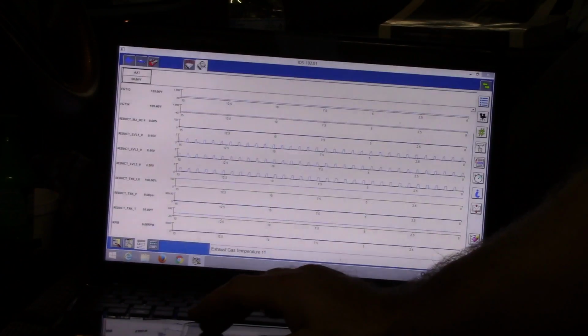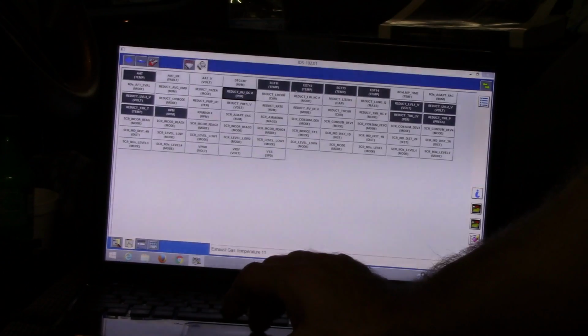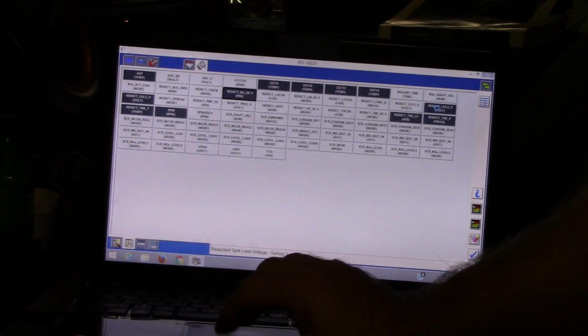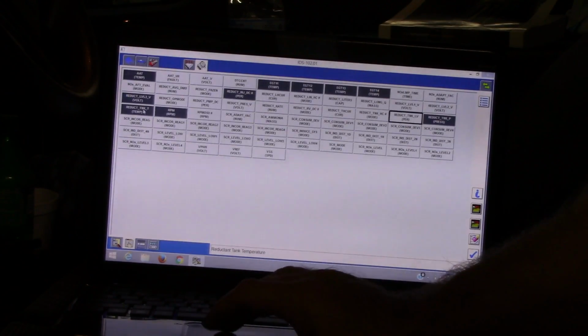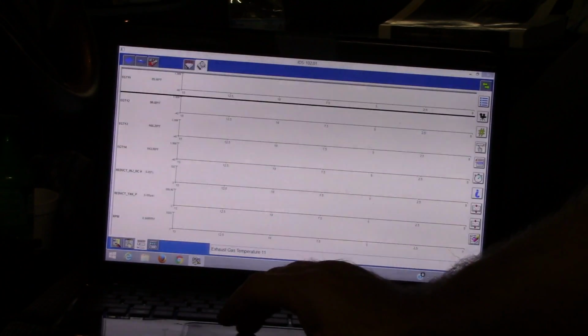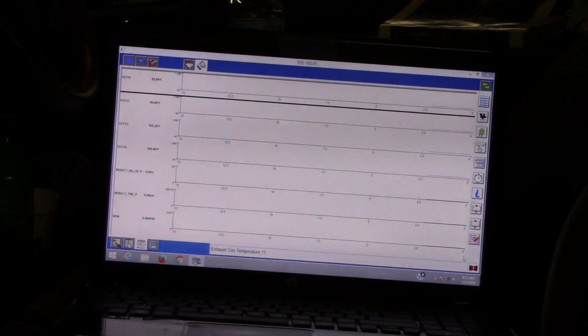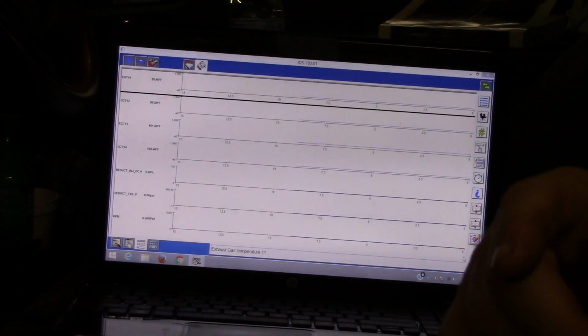So let's get rid of a few things. Clog this thing up. We'll get rid of these levels. Temperatures. Alright, now we're going to do a cycle in the bay, and then we'll do a drive cycle. So let me get that paperwork. Alright, so